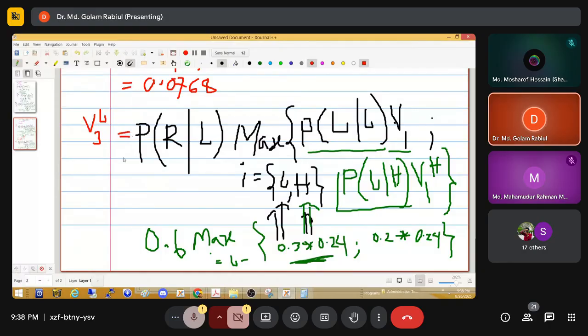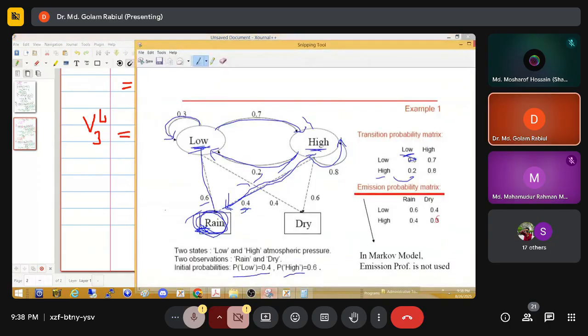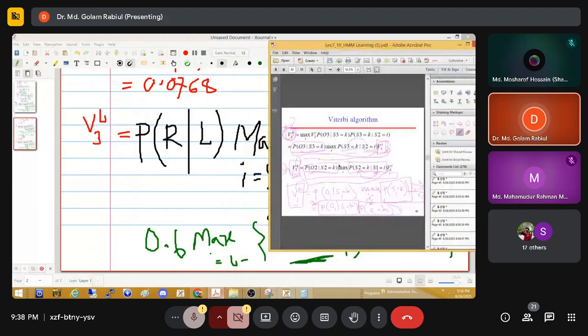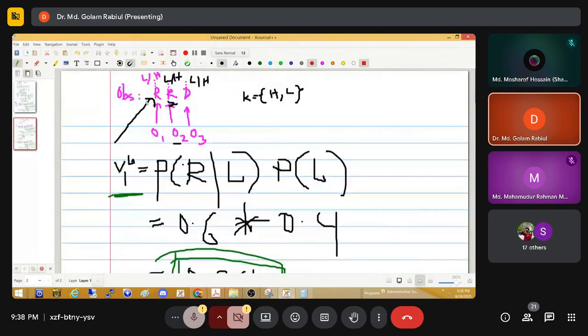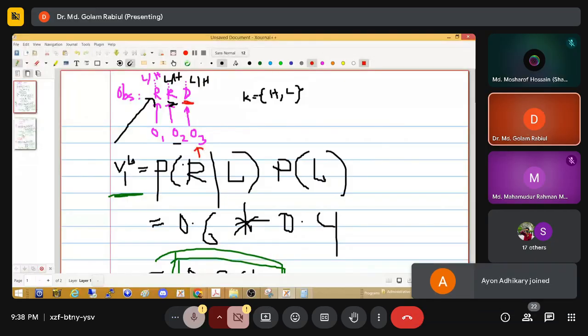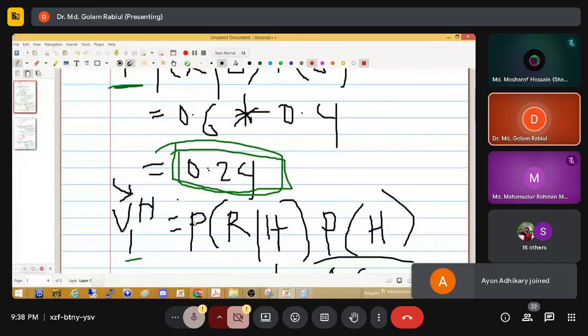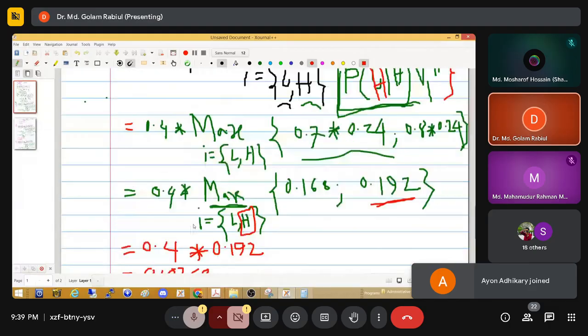So V3 or L. According to our algorithm, we can see V3, it is observation 3 and S3 equal K. In our case, what's the observation 3? The observation 3, this one is our observation 3. Observation 3 is our D, a dry. So observation 3, so for V3,